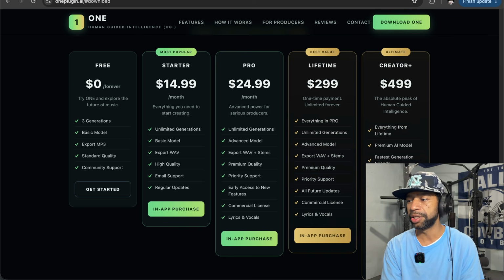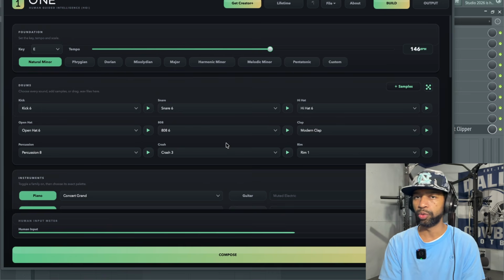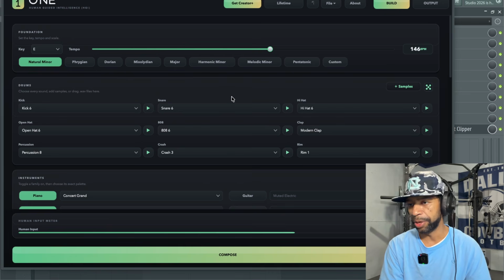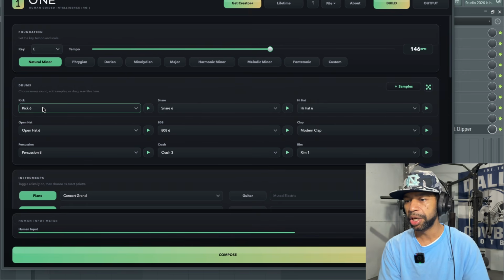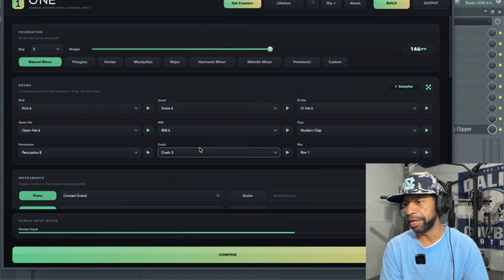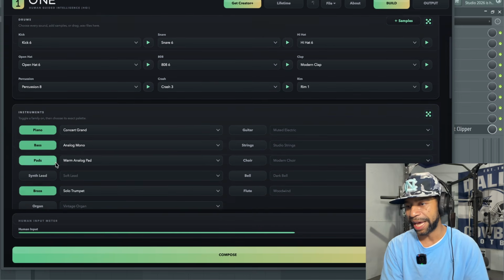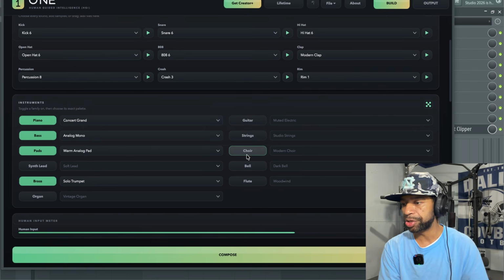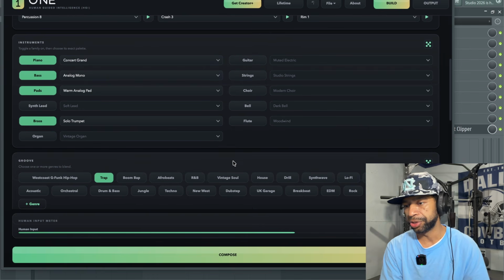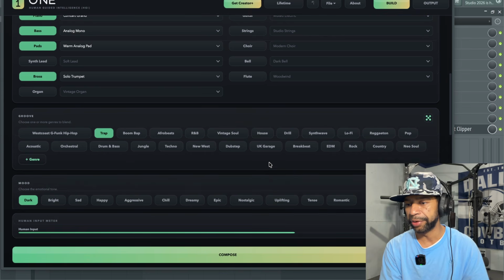If you are interested in this, let's go ahead and pull FL Studio up and check this thing out a little bit more. We'll get more in depth in a moment. But as you see with this, you're going to actually get to pick the kicks and all the stuff that you want in the beat as it's generating. You've got different pianos, bass, pads, synth leads, guitar, strings, choruses, choirs, all that other stuff, and the groove you want, whether it's trap, boom bap, techno, whatever it is.